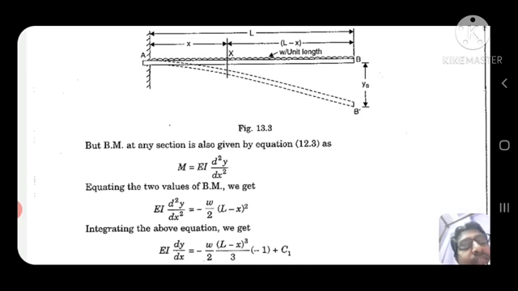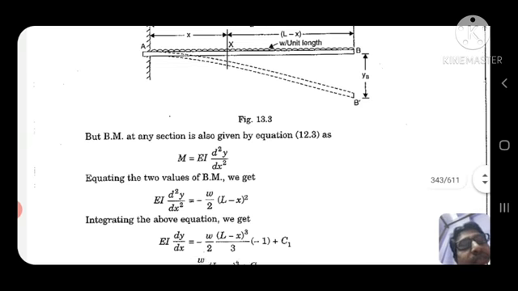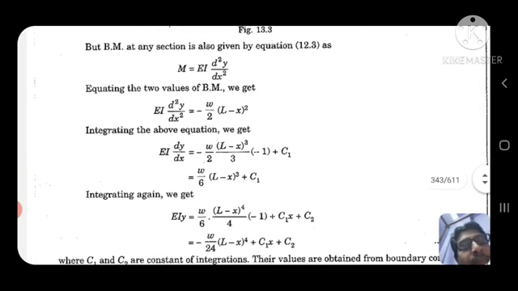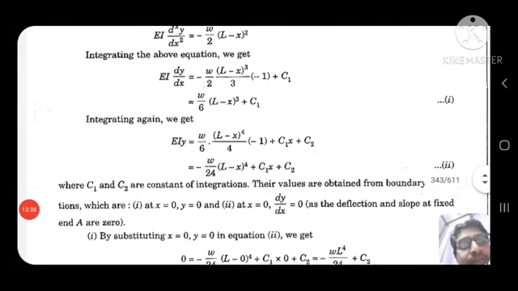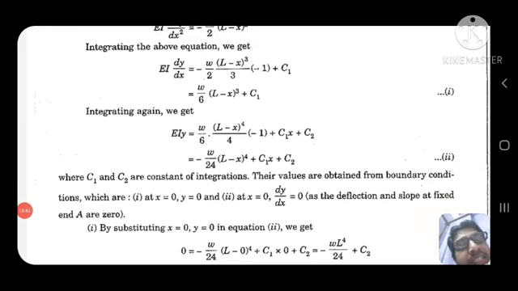Equating the two values of bending moment, we get EI d square y by dx square equal to minus W by 2 L minus x whole square. Integrating the above equation, we get EI dy by dx equal to minus W by 2 (L minus x) whole cube by 3 into minus 1 plus C1. Integrating again, we get EIy equal to W by 6 (L minus x) to the power 4 divided by 4 into minus 1 plus C1x plus C2, where C1 and C2 are constants of